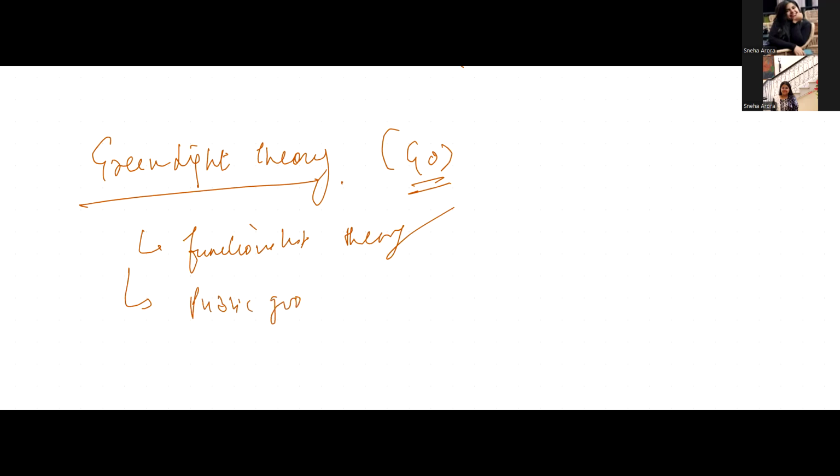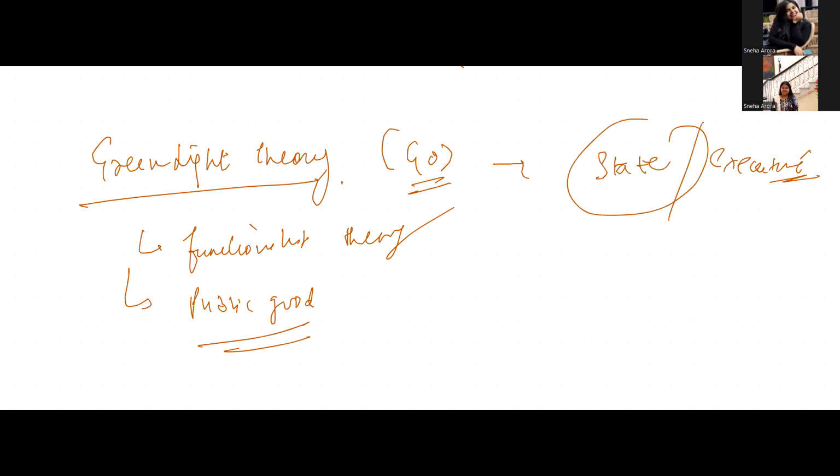Now, when we talk about green light theory, as I hinted earlier, it means go, move ahead, right? In the green light theory, it is basically the functionalist theory also. It is also called the functionalist theory. It gives control to the state to make the laws for meeting the public good. So the state can make policies, the state can make laws for meeting the public good, and ultimately green light theory is putting the control in the hand of state or executive so as to determine how administrative law will